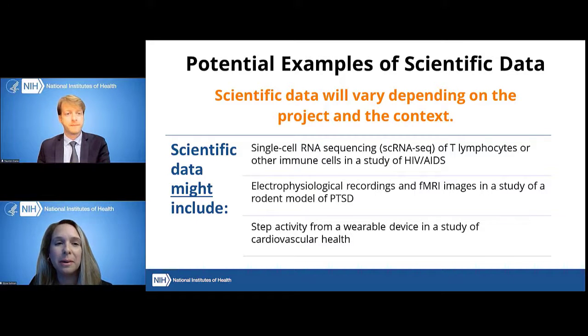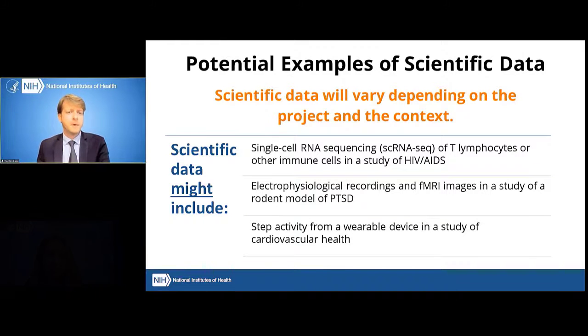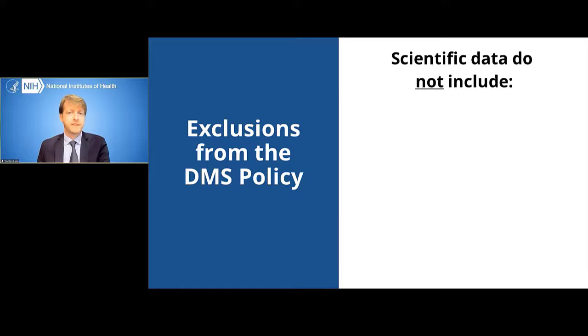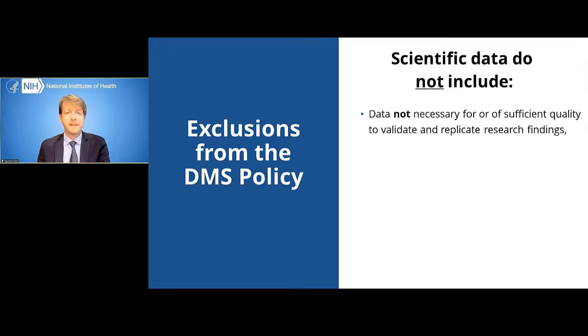So now, can you talk about what types of things are not scientific data? It's important to understand that the definition of scientific data explicitly excludes certain things, which means that they would not be expected to be shared. These include data that are not necessary for or of sufficient quality to validate and replicate the research findings,